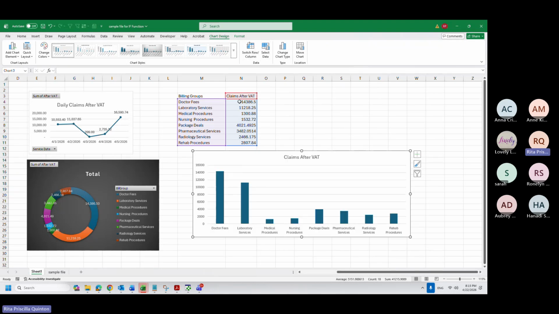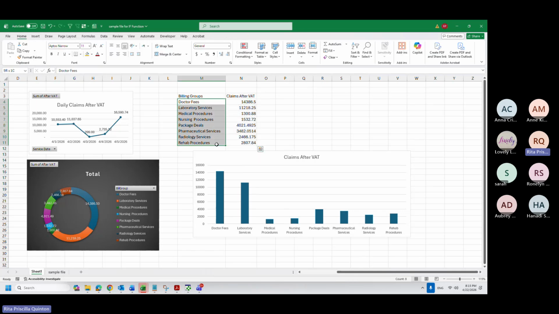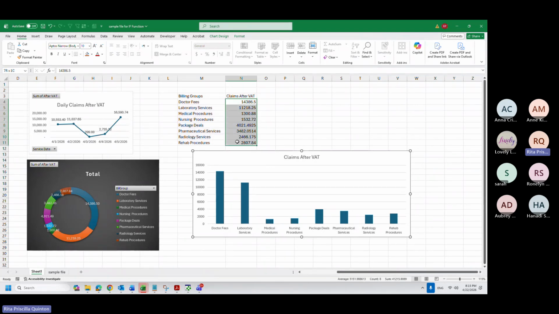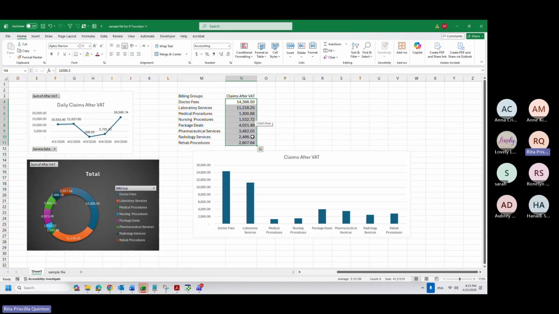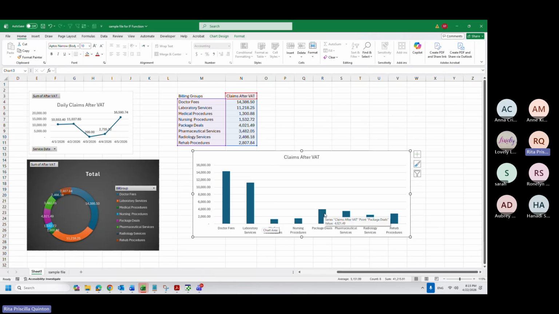Okay, switch row and column is having this as your row and this as your column. So for me, I want to see it like this, the performance of each billing group. Anyway, this is what I mentioned, that the sorting matters because you see here that package deals is higher than nursing procedures, but it's appearing here.